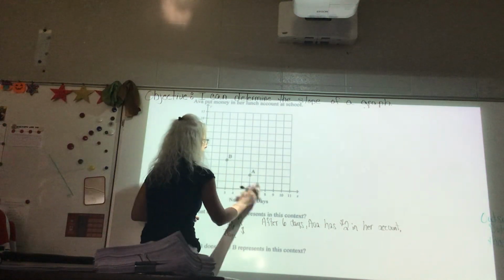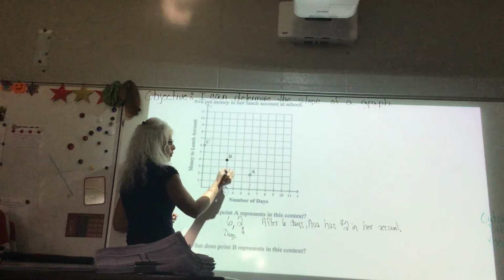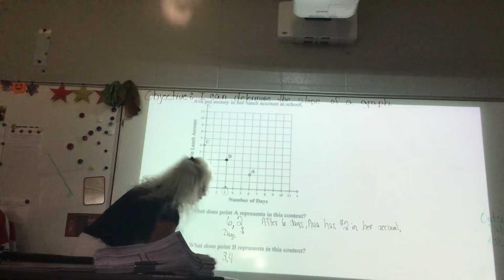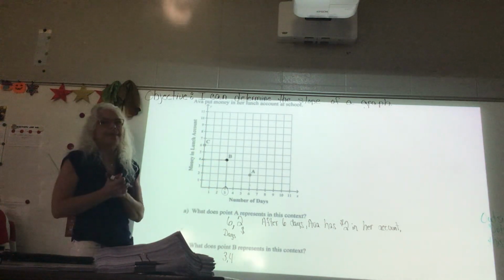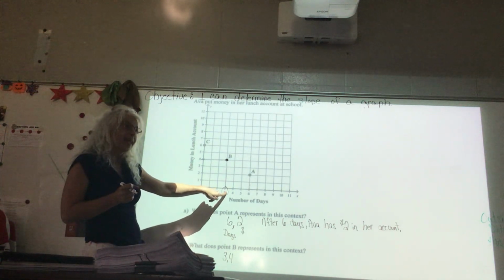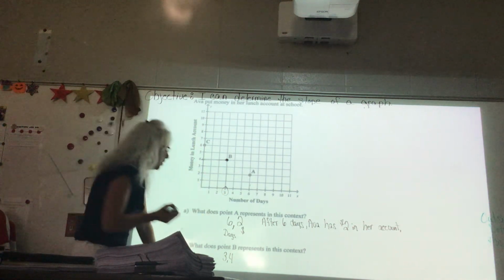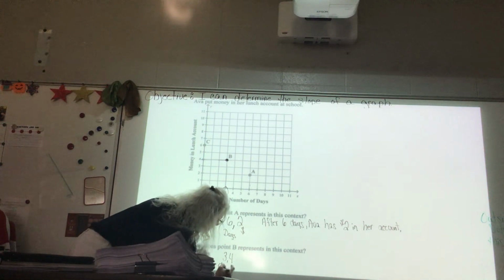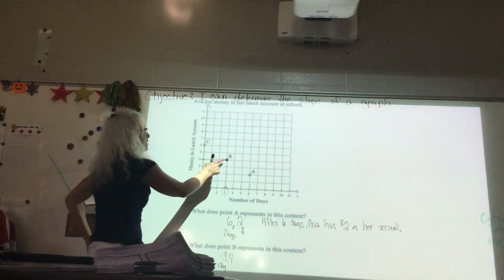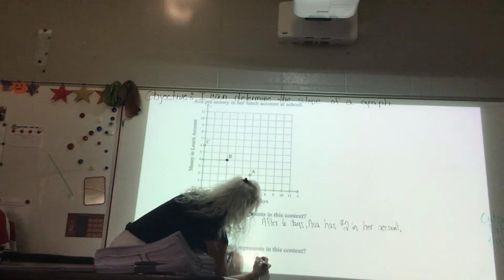So I'm going to go to point B, and I'm going to find the ordered pair for point B. So that is at point 3, 4. The 3 comes from which axis? The x or the y? X. So if it's on the x-axis, the 3 is days or money? Days. So 3 days. And the 4 comes from which axis? The y. So is that the days or the money? Money. So after